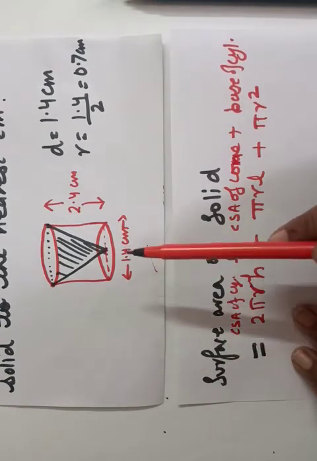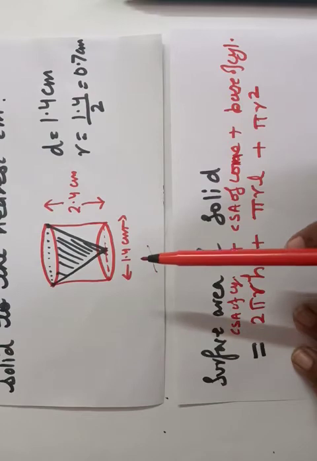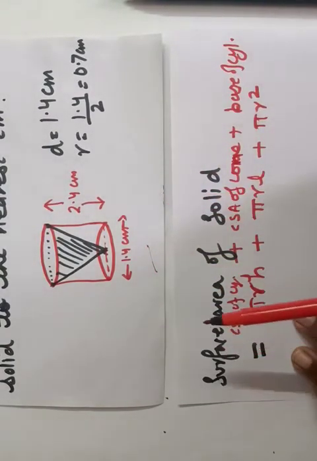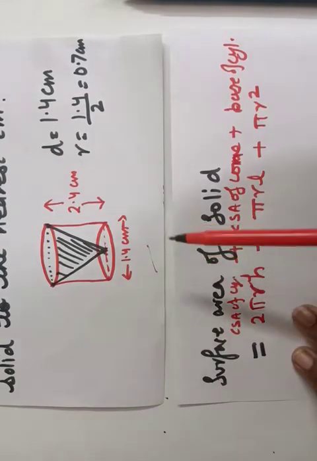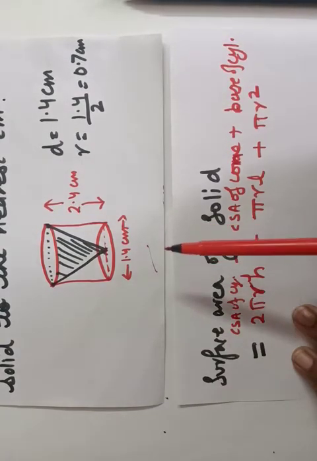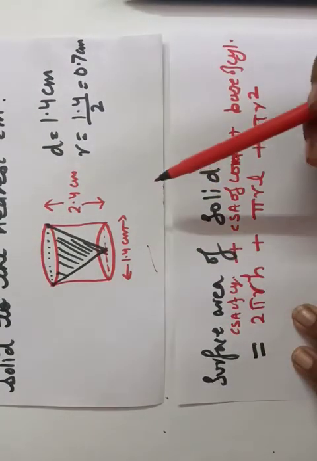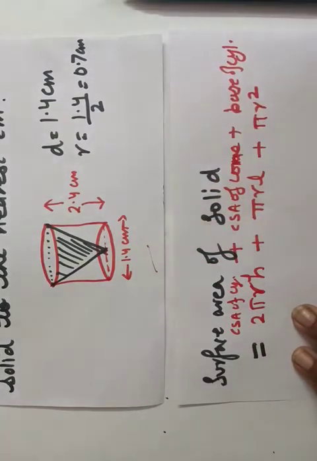I am repeating because we need to find the surface area of the solid that was of cylinder shape, and after taking out the conical cavity we can see a few surfaces. What are the surfaces that we can see? The curved surface area of the cylinder, the base of the cylinder that is of circular shape, and in the cone cavity, we can see that surface also.